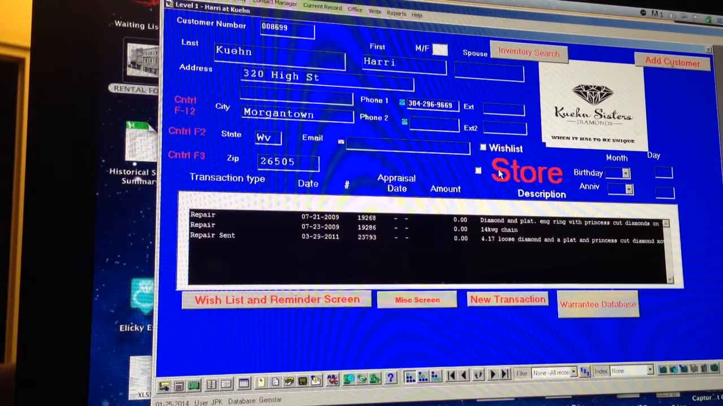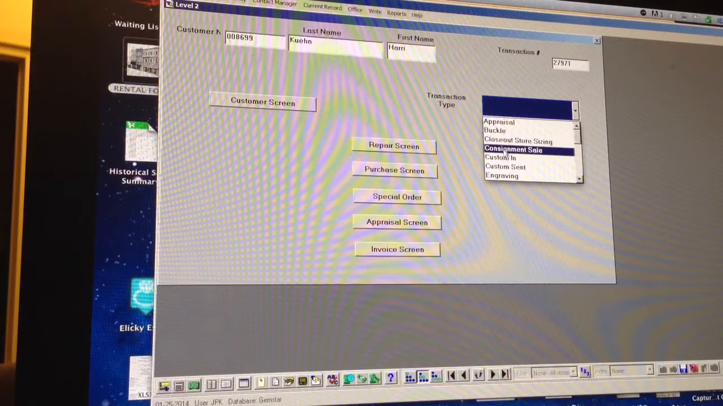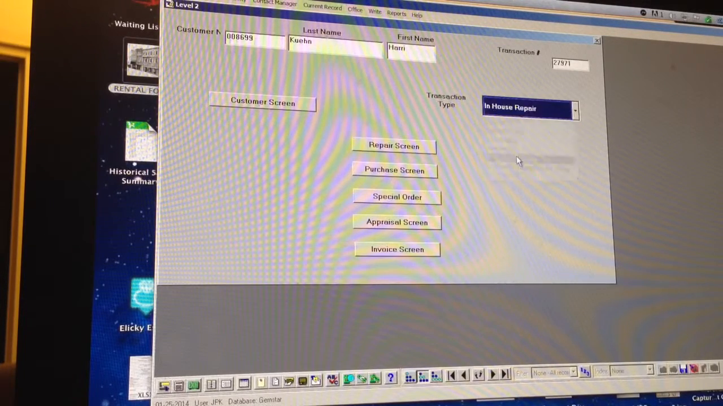Now, I'm trying to hurry through this because it'll be a long video. A new transaction. This customer walks in, you find them, you find their record, and then new transaction. So new transaction can be either a repair, a purchase, a special order, an appraisal. And you choose what it is. I'll just pick out an in-house repair. Then I go to a new repair screen,